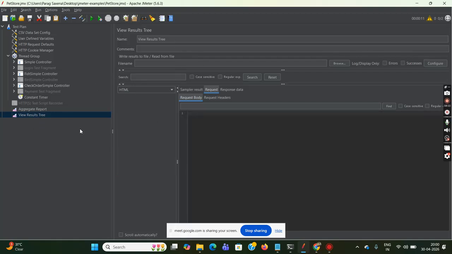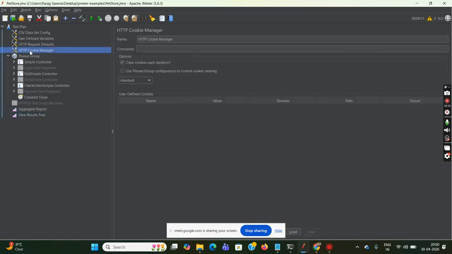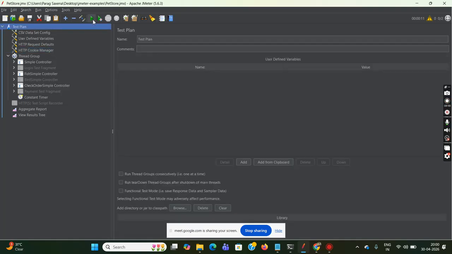Now if you see over here, there is a cookie manager, an HTTP cookie manager. When I recorded this test, this HTTP cookie manager was added. Okay. So now this cookie can be generated in two ways. One is that a cookie object is created in the cookie manager here. And second is, in this scenario, if I run it again,